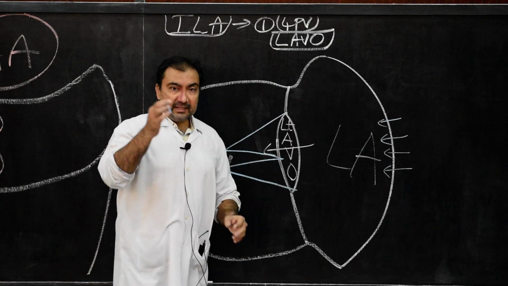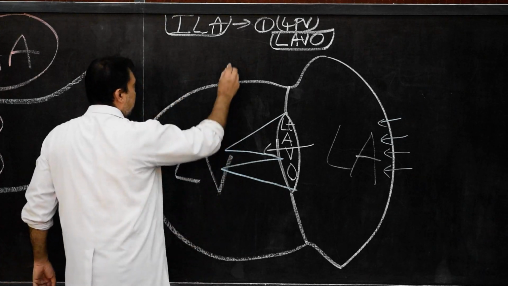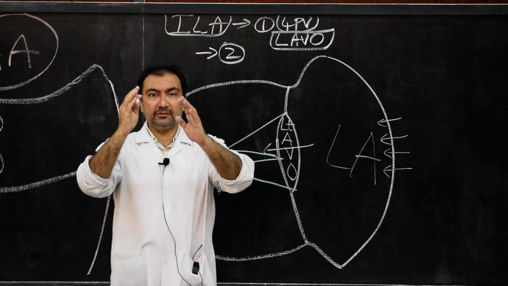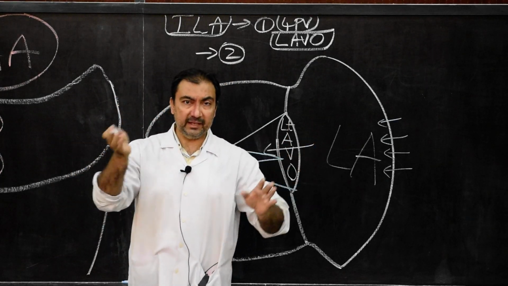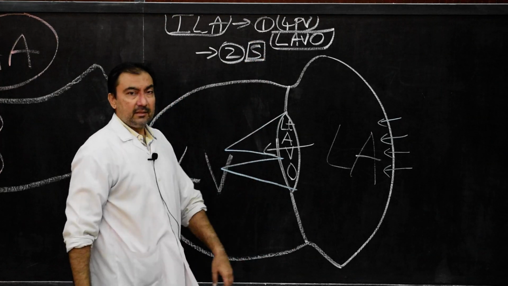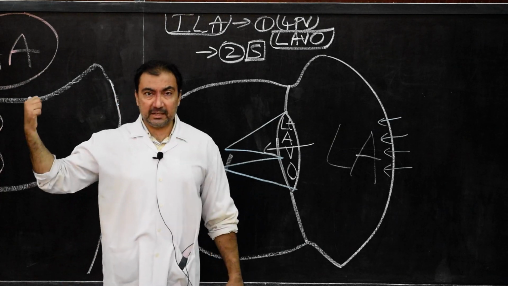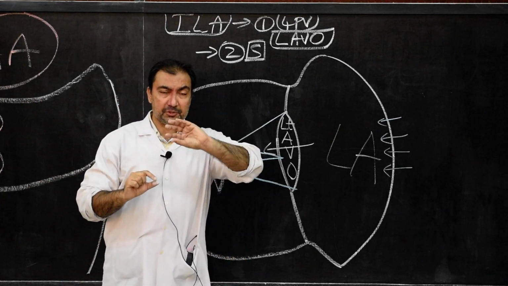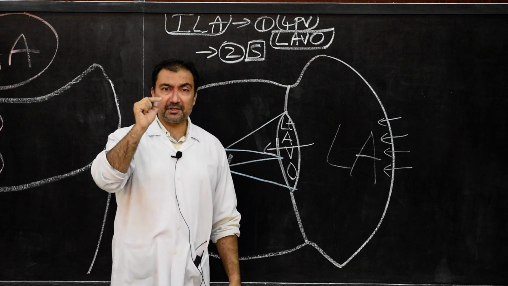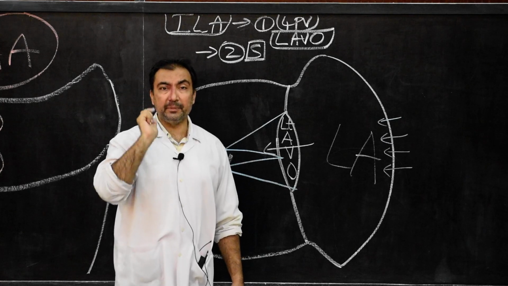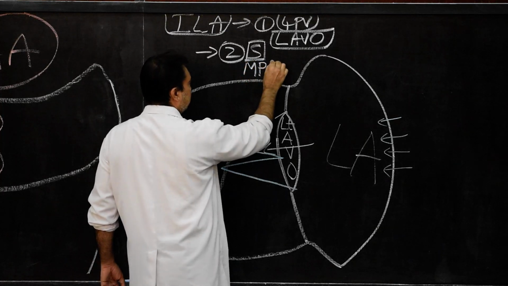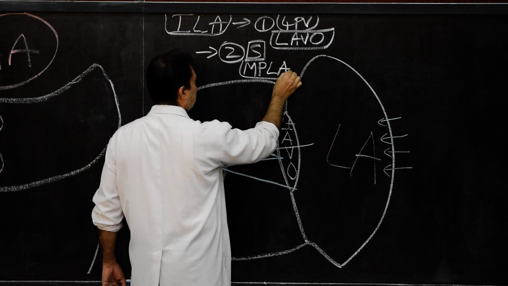First point. Second point, very interesting. The second point within the interior of the left atrium: the entire surface of the left atrium is very smooth, except within the left auricle. The portion which I have discussed, the left auricle, the projected portion in the upward part, in the superior region of the left atrium, that small projection, the left auricle, will contain musculi pectinati. This is very important. So, musculi pectinati are present within the left auricle.